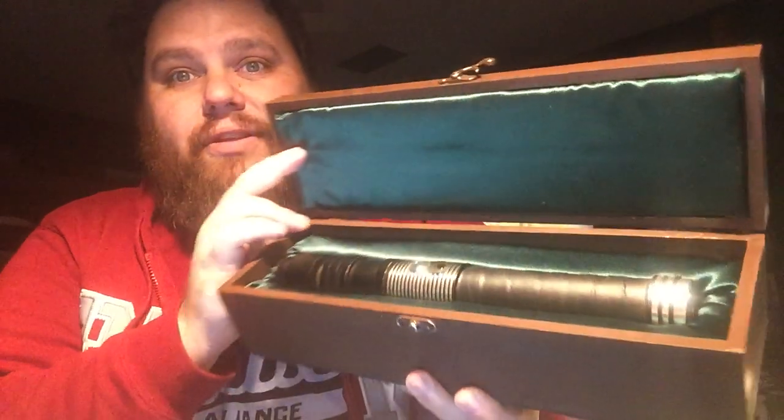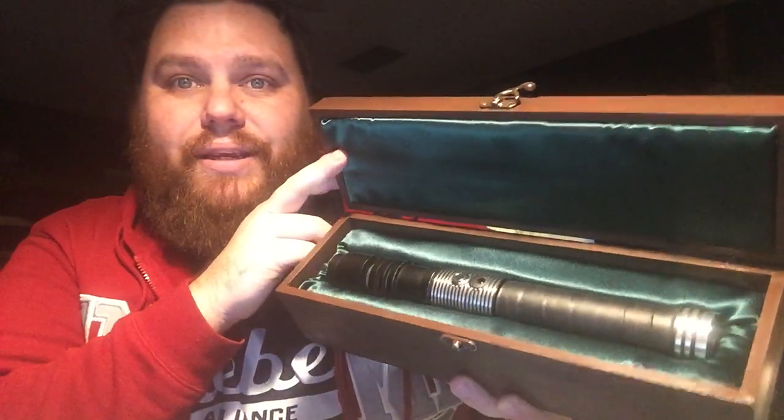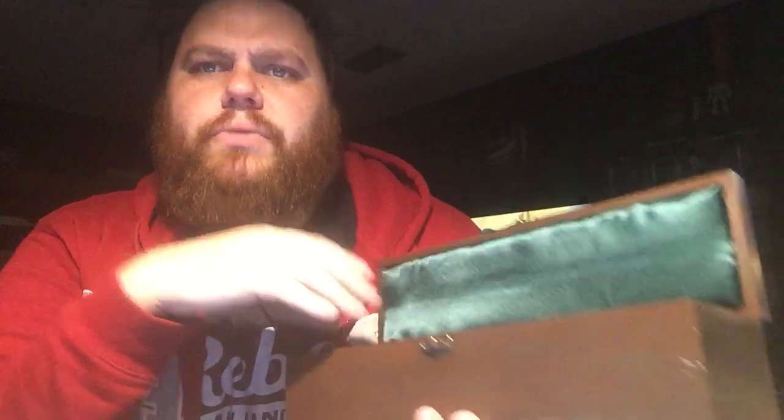But what's really cool is the inside of this. I went with, and my sister kills me about it all the time, a long time ago when I was making boxes, she said, why don't you do like a brown and a green box? And I said, I'll just stick with red. And then we were out Christmas shopping, and my girlfriend tagged along, picking out material and stuff like that. She was like, what about green? And I was like, that's a great idea. My sister was just like, you son of a... So it turns out really cool. I loved this green. Brown and green, and then the saber happened to be black, which is why I was like,